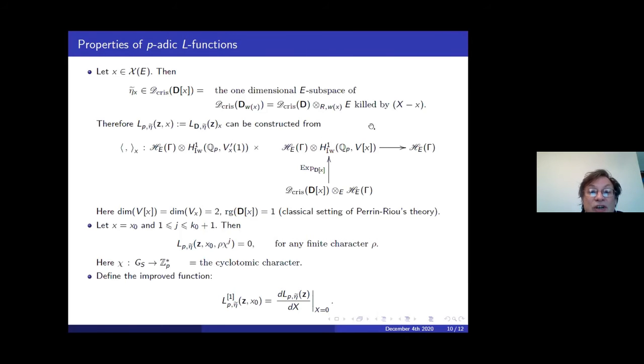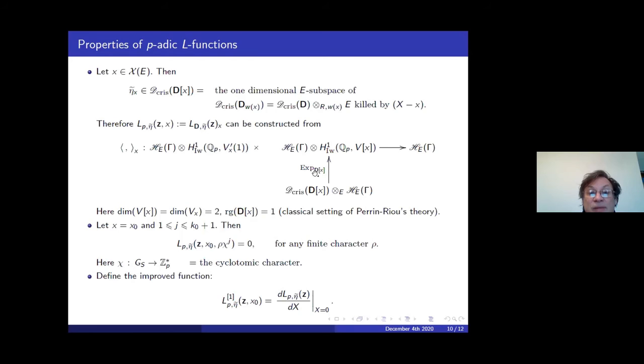So we consider the representation Vx, which is a two-dimensional representation over the field E, and the specialization of V at x, which is again a two-dimensional representation,